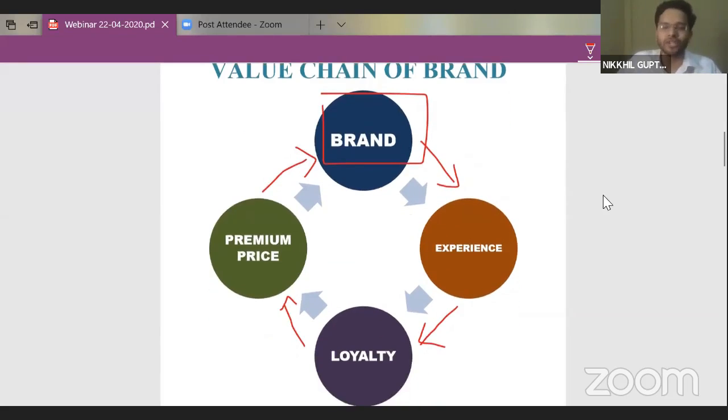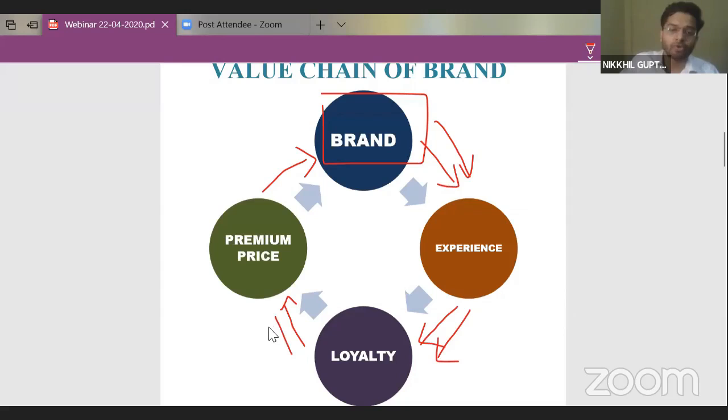What is the value chain of brand? That brand is nothing but a good experience. Experience will result in customer loyalty. Customers will be more loyal towards me, will have more liking towards my products, and will have more references for me. People will be referred. One person will tell another person, who will tell another person. So this way the loyalty chain will work, and ultimately